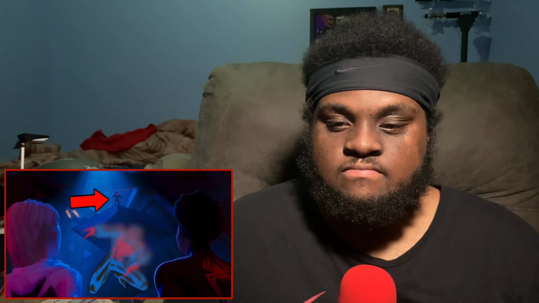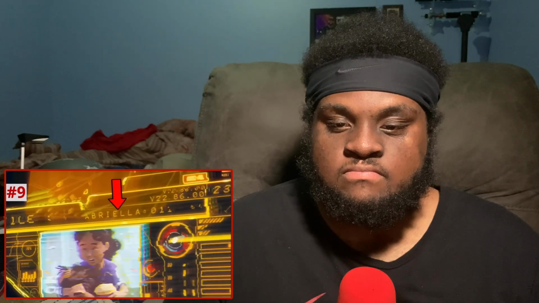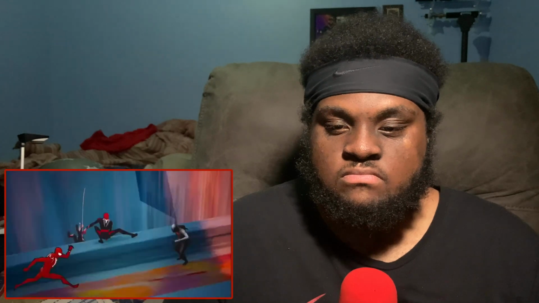Then we see Miguel O'Hara, Spider-Man 2099 from the post-credit scene of the 2018 film. He's reviewing an audio file of him with his daughter. This file is labeled Gabriella 11. Uh-oh, dead kid. Then Miles flees dozens of other spider folks, like a high school kid who snuck into the